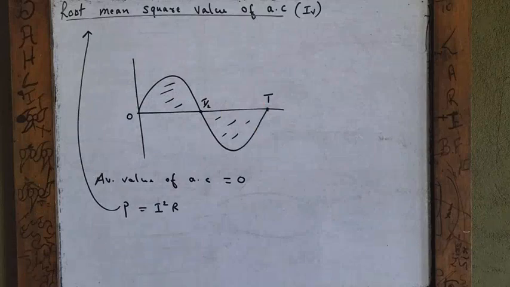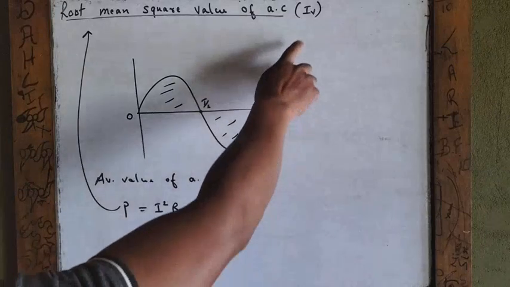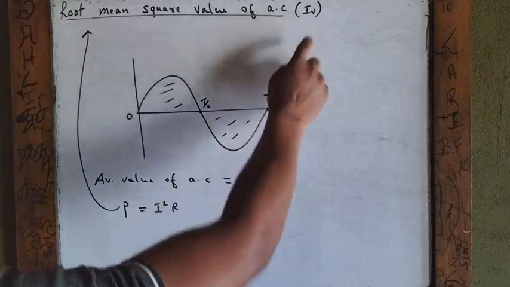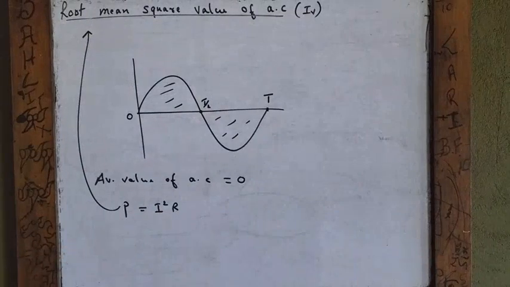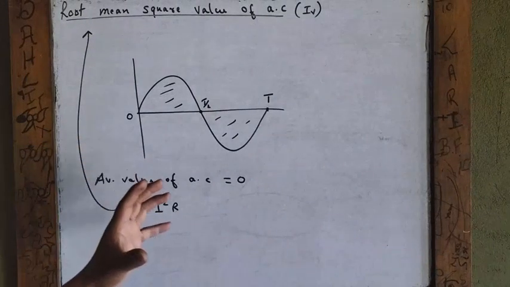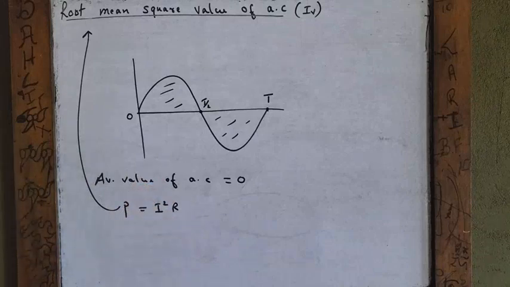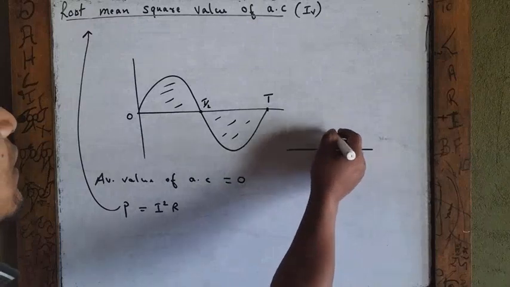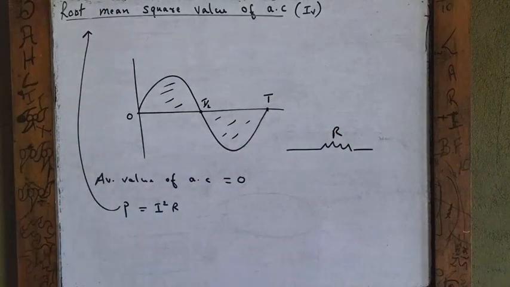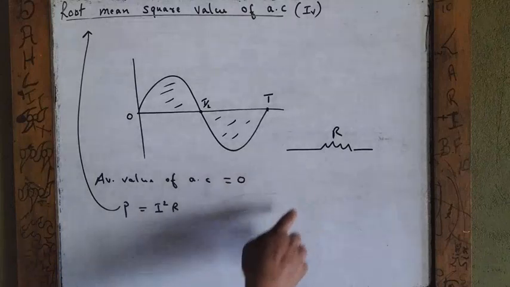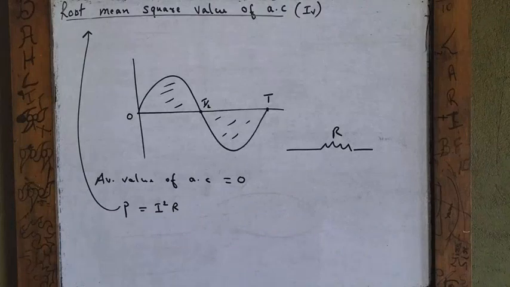Okay, so this root mean square value is denoted by I with a subscript V, and it is defined like this: the root mean square value is equivalent to the DC current which, when it flows through some resistance, let's say R, would produce the same amount of heat as produced by the AC current when flowing through the same resistance and for the same time. That is the definition of root mean square value. Okay, now